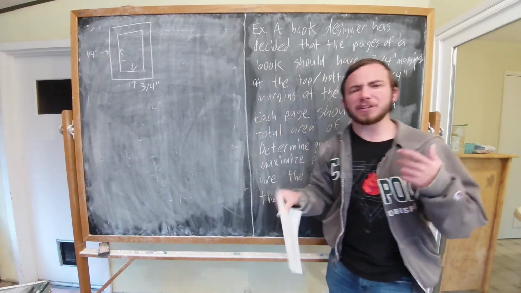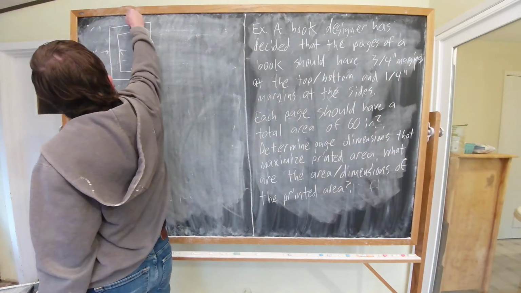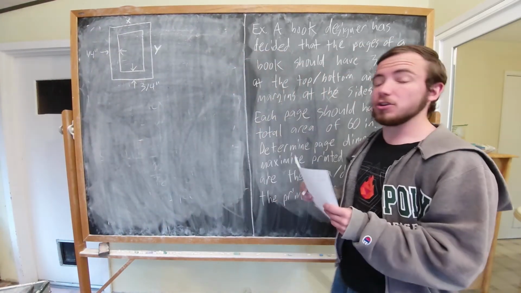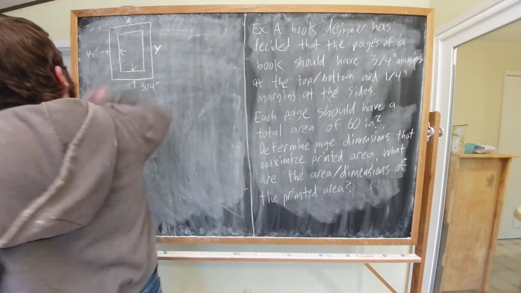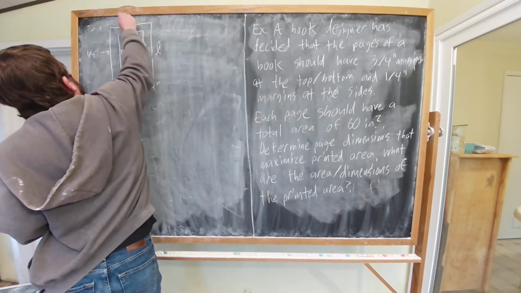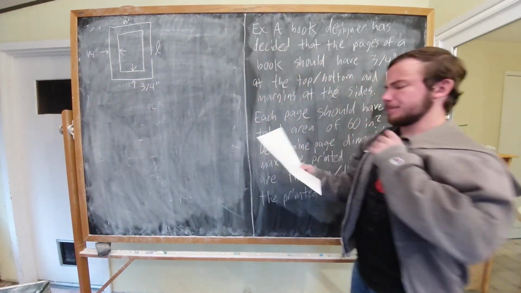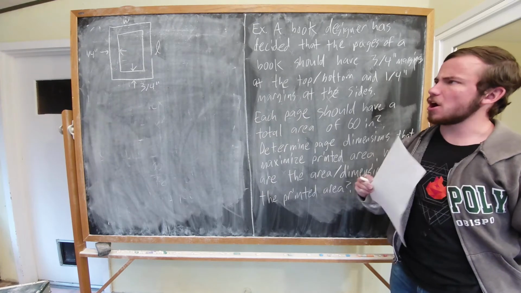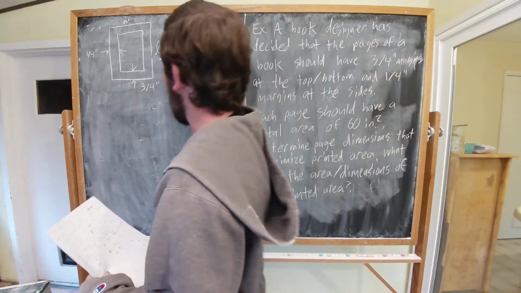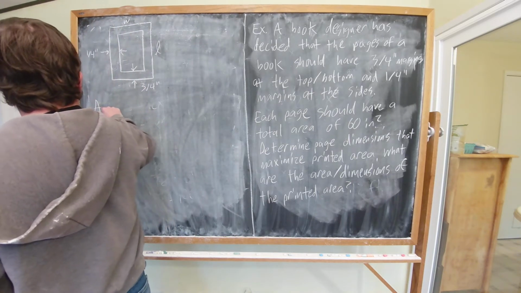Alright? And we're trying to maximize based off the dimensions of the overall paper. So let's say that X is the width of our page and Y is its length. You could also use, heck, let's even get away from using X and Y. Let's use L and W. Why not? Alright, so what do we know so far? Let's just start writing down all the relationships between variables that we can possibly find and hope that something good comes out. We know that area that is printed,